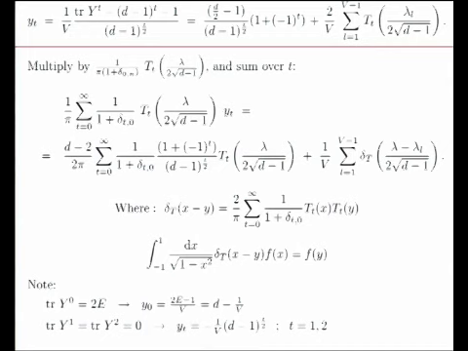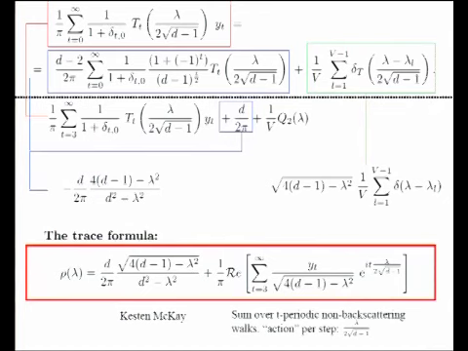And now you do a very simple exercise. You multiply by the Chebyshev polynomial of lambda over 2 square root of d minus 1. This is the weight to make it normalized. You sum over t. You remember that this sum is related to a delta function, which is weighted by the proper weight of the first Chebyshev polynomials. You do a little bit more tricks. You make a few more observations, because trace of Y^0 is just 2E. Trace of Y^1 is essentially 0. There are no periodic structures of period 1. There are no periodic structures without backscattering of order 2, so you have to remember also them. And after doing a little bit of work, you get Shmuel